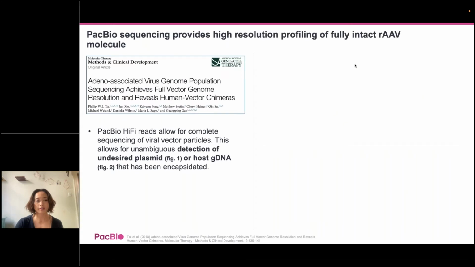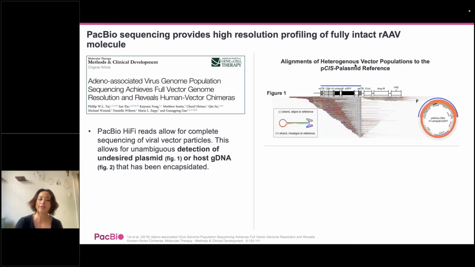In the second publication, the researchers used HiFi sequencing to sequence viral particles to detect undesired backbones. In this case, they were sequencing a self-complementary AAV. Shown here in this IGV visualization is the structure of this plasmid. The blue thick line covers the ITR to ITR region. If the packaging was clean and only consisting of what's between the ITRs, the reads, which are these gray lines plus the little rainbow colors, should only cover the blue region. However, as you can see here, the sequencing actually shows that there is detection of undesired backbone plasmid material.